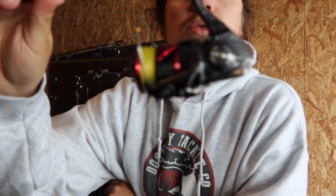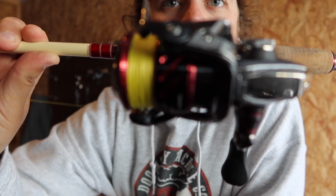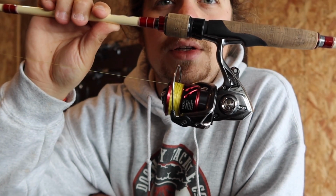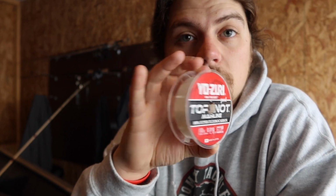So line. I fish Power Pro, okay? That's really the only braided line that I fish. Now, I did try something new this week. So this is Yozuri braid, okay? This is a high-vis braid. Basically, I just needed something last minute, and that's what they had. I couldn't find the High-Vis Power Pro. I believe you have to order it online, and I didn't have time for that. I was fishing the next day, so I went to Academy. They had this Yo-Zuri braid, and I actually have been using the Yo-Zuri mainline too, the fluorocarbon that they make, and this is a leader, and no problems, no issues out of it. I actually really do like it,